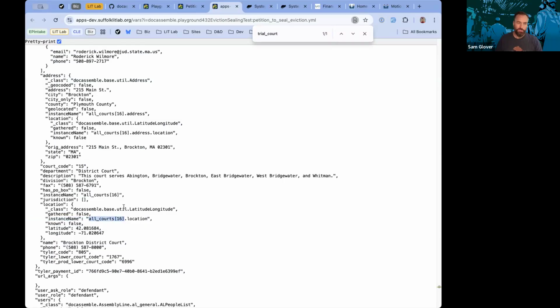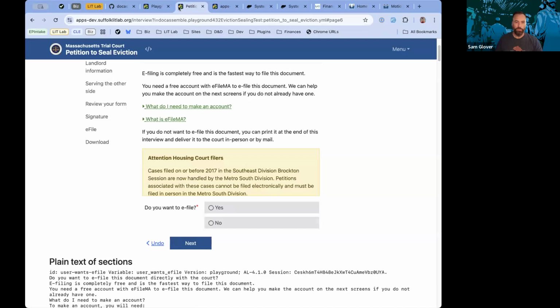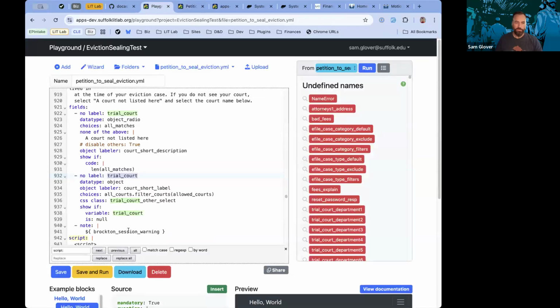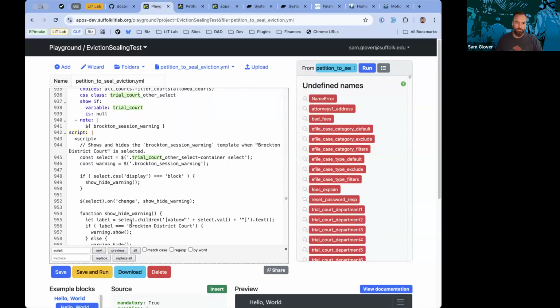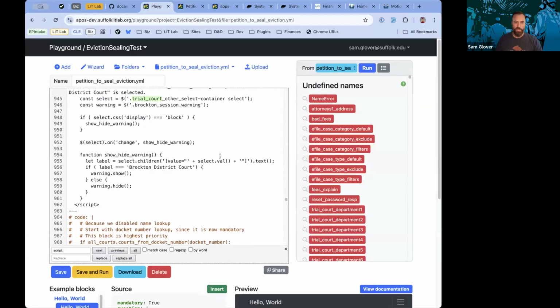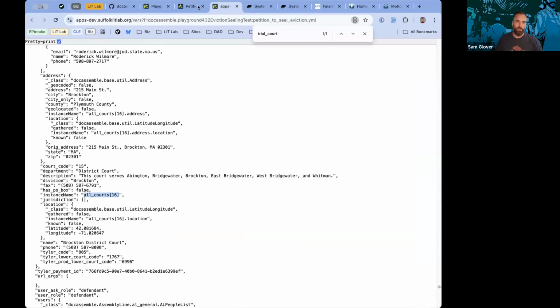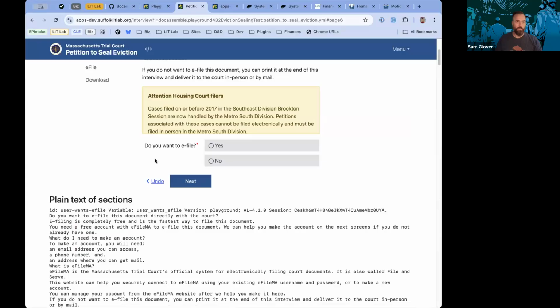So I was targeting all courts 16, because of this instance name here, and I had a much shorter version of it, but Bryce pointed out that's a lot more brittle, and that matching it directly to the Brockton District Court was better. So what we're doing instead is this function grabs the actual text of the label. And so anyway, I'm off in a rabbit hole at this point, but